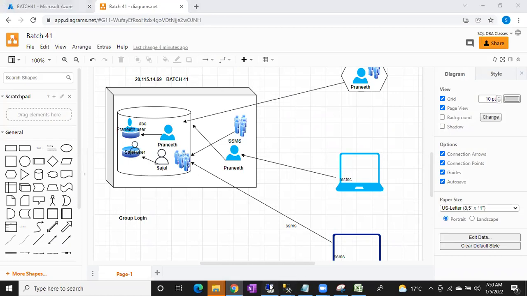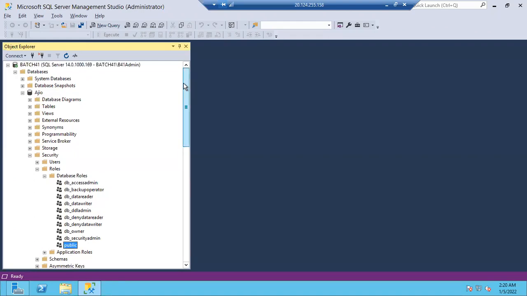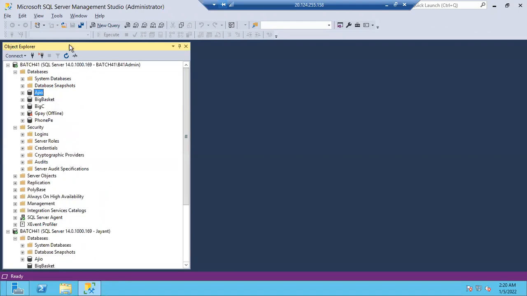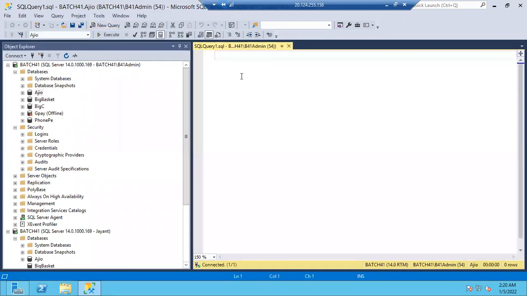In the same way, we have a stored procedure for database roles also. To find the permissions of database roles, we have a query. What is that query? SP underscore... Can anyone tell me that query? Chandrakant, you tried, close to the answer. It is SP underscore DB fixed role permission. This is a stored procedure, and you can see the color is changed.